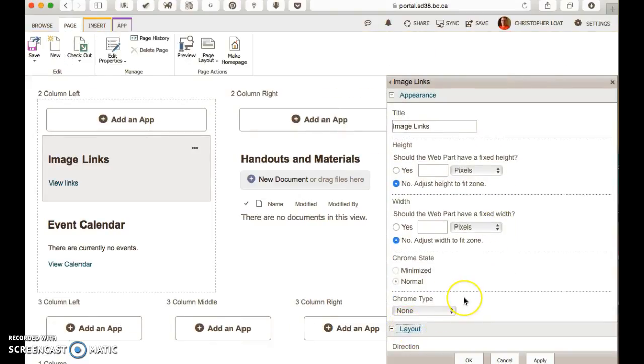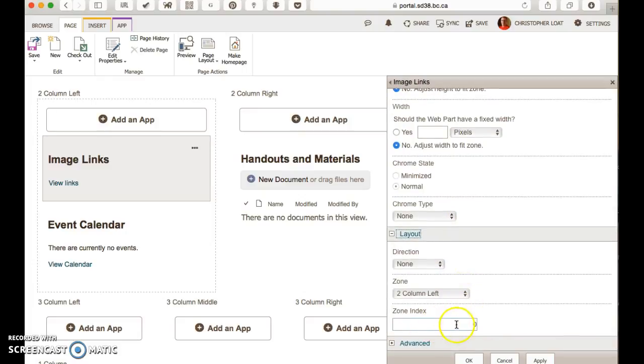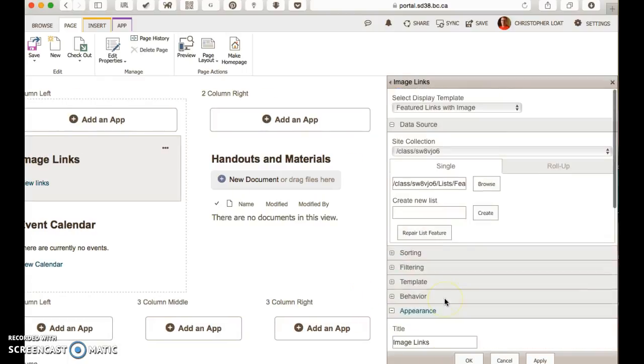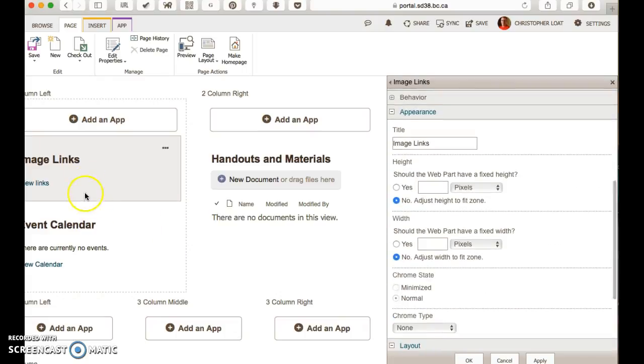I click on layout, and you'll see here it says zone index, and the number here is 0. What this means is that we can number these apps in order. So what I'm going to do is make that number 2, and I'm pretty sure that event calendar won't be a number higher than 2, so it'll just order them numerically. So I'm going to say OK,